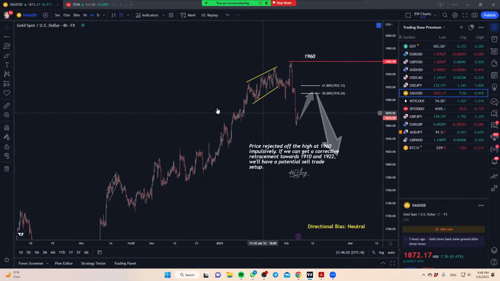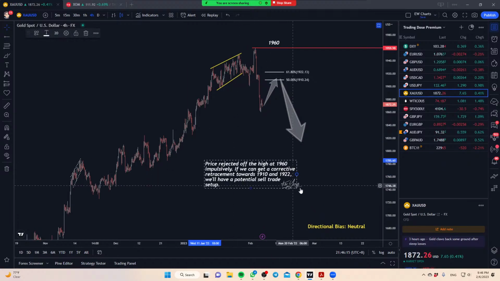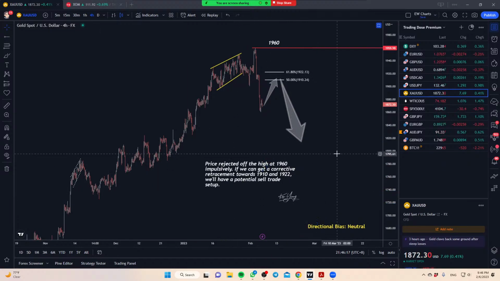Gold here is also doing a pretty neat rejection last Friday. I think generally we talk about the dollar, you can see the dollar strength across. And one thing to note is, if you've been following me on some of this sharing, I've been sharing with you that buying gold at that particular high is a bit risky, right? Simply because of the nature of how price has been developing.